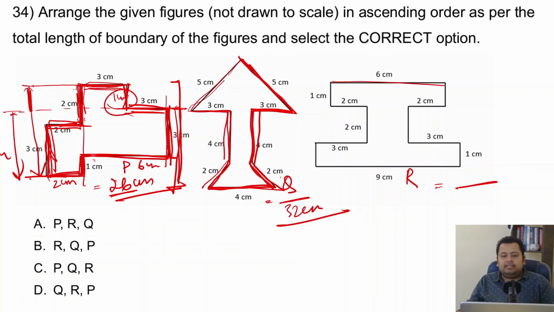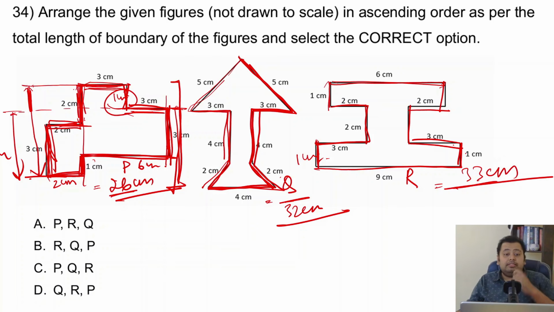Let's do this one, R. This is 6, this is 7, 9, this is again 11. This is 2, 9. This is 2, 11. This is 3, 14. This is 1, 15, right? So this is 1, then this is also 1 centimeter, 15. 15, this is 9, right? 15 plus 9 is 24. This is 21. This 1 is 25. This 3 makes it 28. This is 30, 32, and this is 33, right? This becomes 33 centimeter, right?